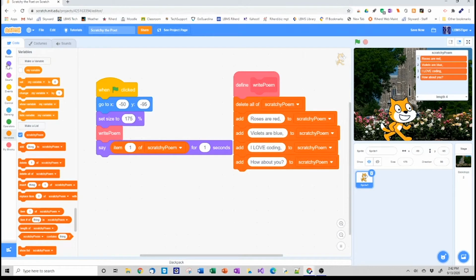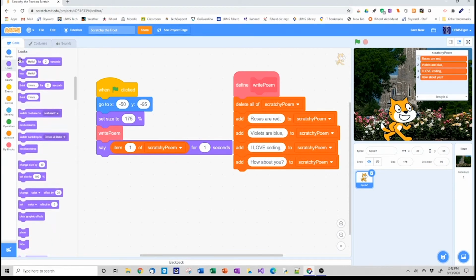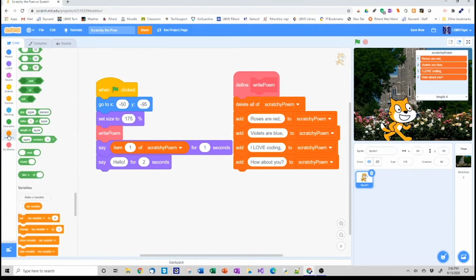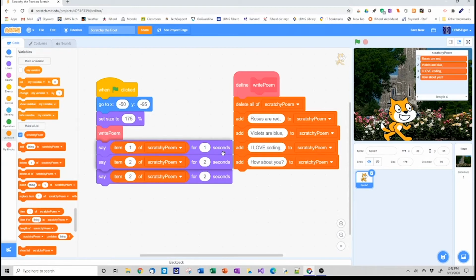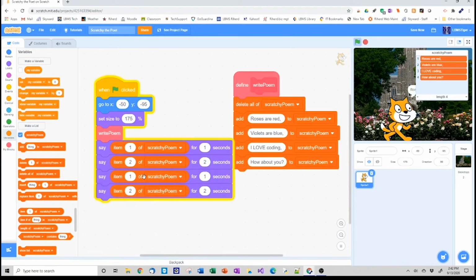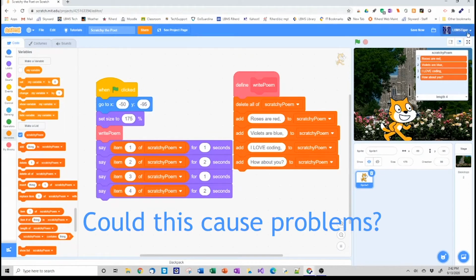Then we can have him say, item 2 of Scratchy Poem. I'm thinking we can duplicate this. Boom. Item 3 and 4. And if we go over here and run him,